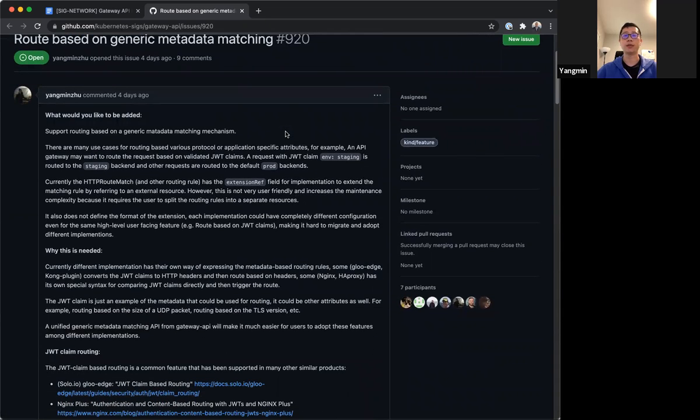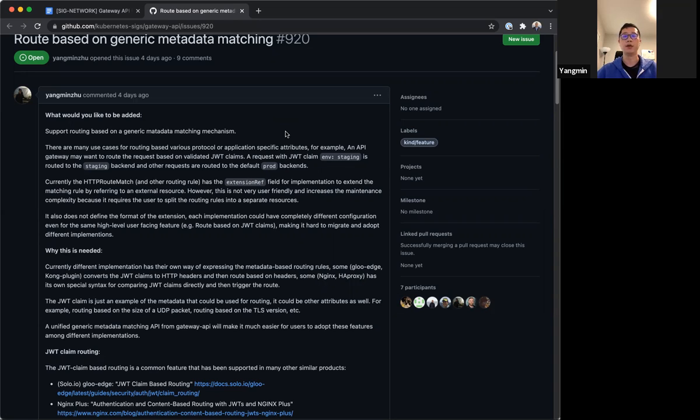It is a token usually passed in the HTTP header and validated on the server side. Once it is validated, it contains a JSON object containing a lot of claims representing the validated end user.